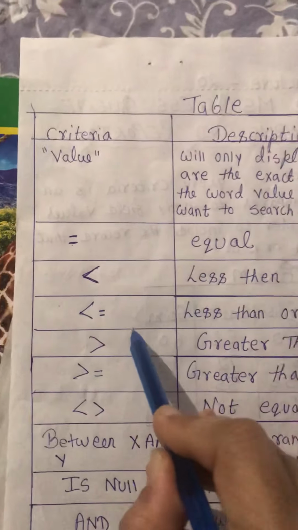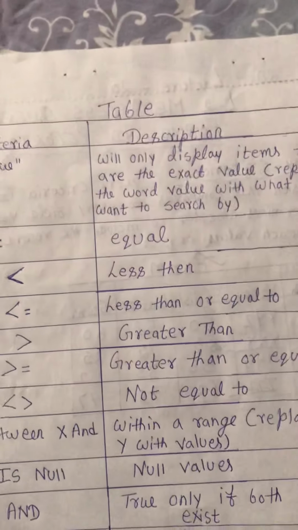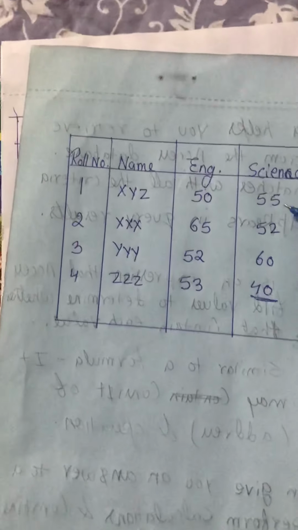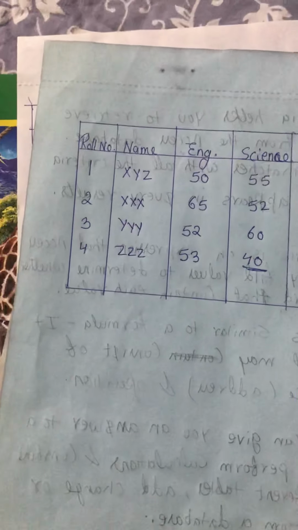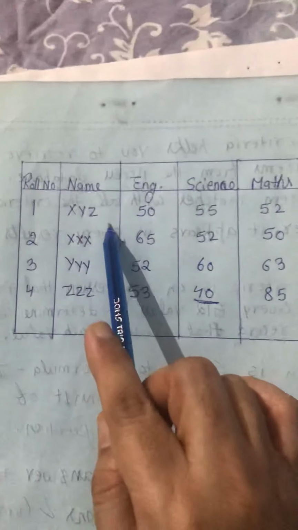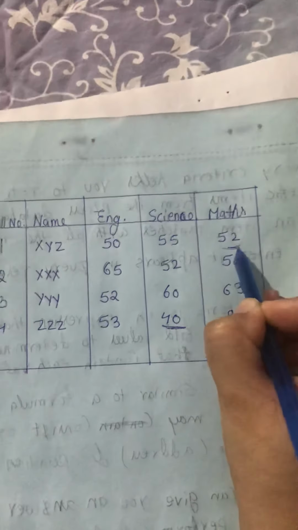And less than or equal to, that means the students whose marks are less than 54 and equal to 52. Whose marks? See this table, that means roll number 1. Okay,